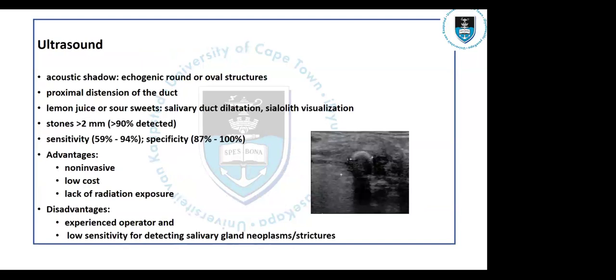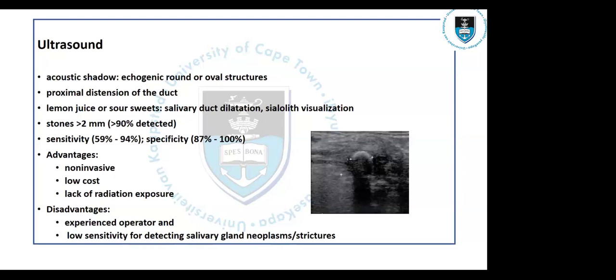Ultrasound is another frequently used modality for the diagnosis of submandibular sialolithiasis. Sialoliths typically appear as echogenic, round or oval structures, producing an acoustic shadow on ultrasound, as you can see in the picture. Stones may also lead to proximal distension of the duct, which may be seen on ultrasound. The detection of fine stones may be helped by lemon juice or sour sweets, which cause salivary duct dilatation and